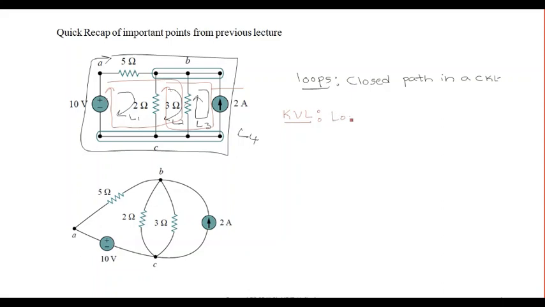If you want to apply KVL, then look for the number of voltage sources. It is basically a very small trick you need to use, not a rule. You can apply KCL as well, but in a circuit, if you find that there are more voltage sources, then it will be better to apply KVL.